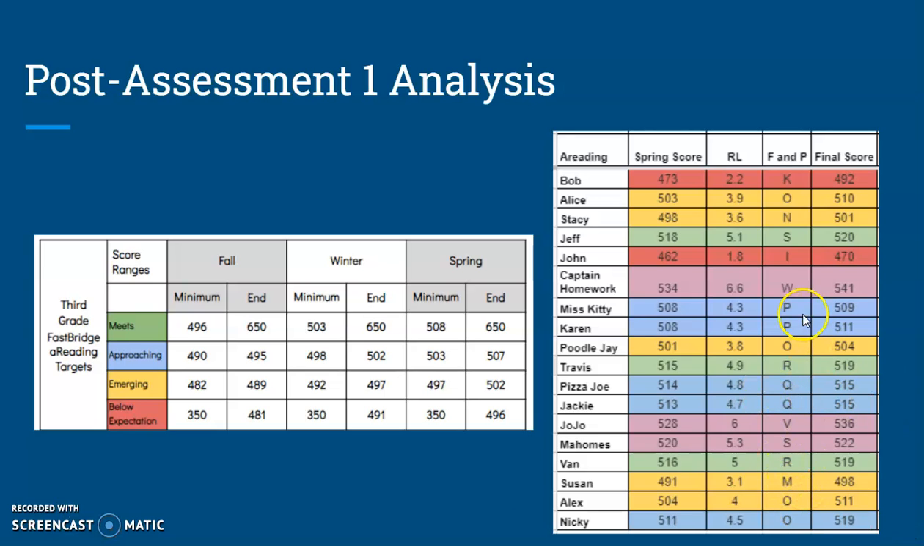So going back to my FastBridge reading, these are the students. The color identifies the group they were in, not the meets, approaching, emerging, or below expectations standard that my district uses. But every single student either increased by 1 or more points. I don't think there were any students that stayed the same. I was very impressed with them